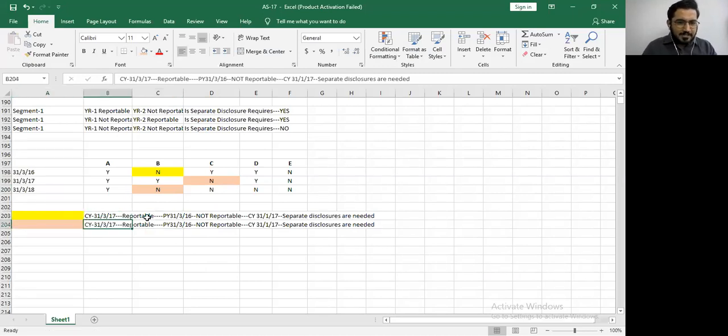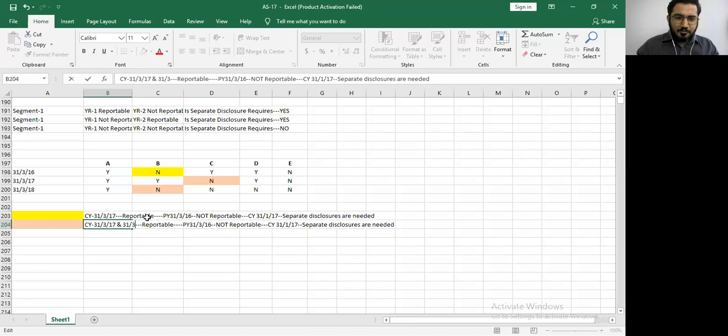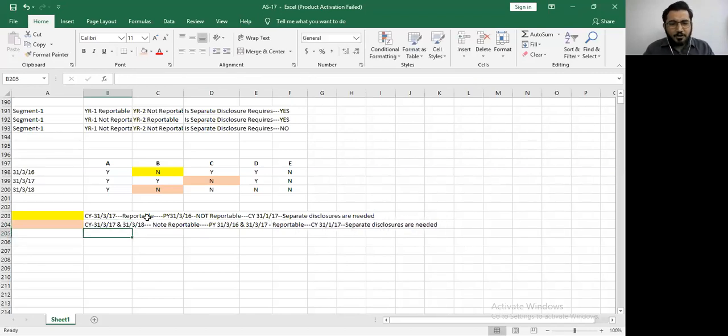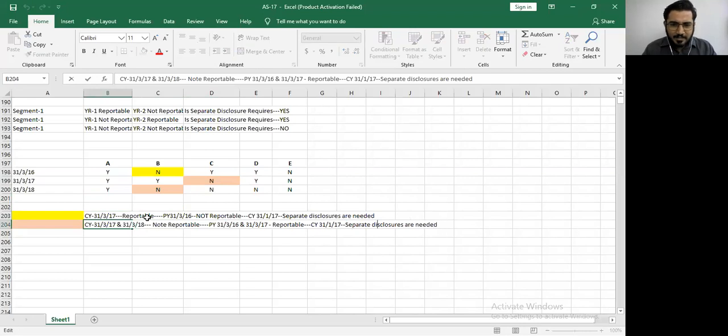If you understand these two cases, it says in the current year, 31st March 2017. Now this time we have two such cases. So I'm writing over here 31st March 2017 and 31st March 2018. A segment is not reportable. Right? Pay attention. In 31st March 2017 and 31st March 2018, a segment is not reportable. But in the previous year, that is 31st March 2016 and 31st March 2017, it was reportable. Then in your current years, that is 31st March 2017 and 31st March 2018,